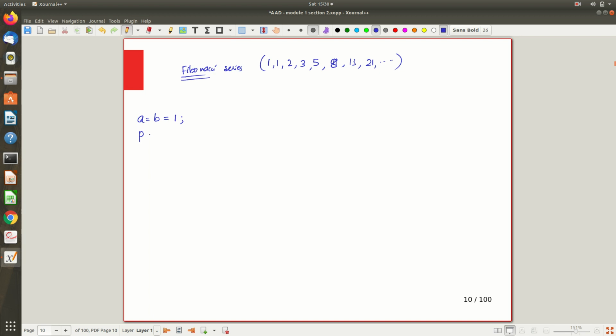If you want you can do this. No problem, you can print at this point, print a comma b. Then you have a for loop for i equal to 2 to n. Assume that the first two iterations were over,